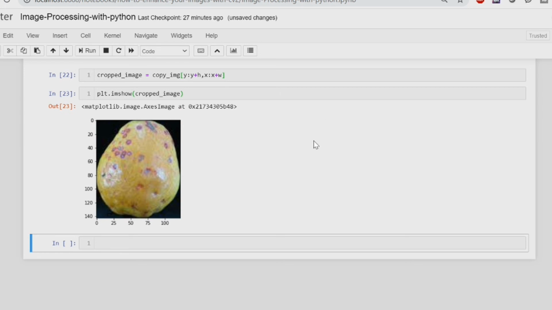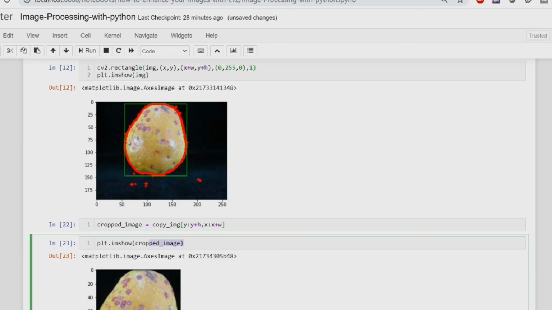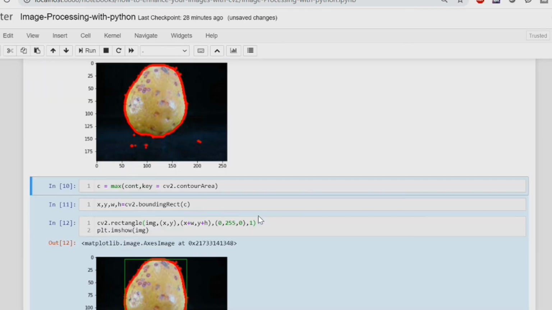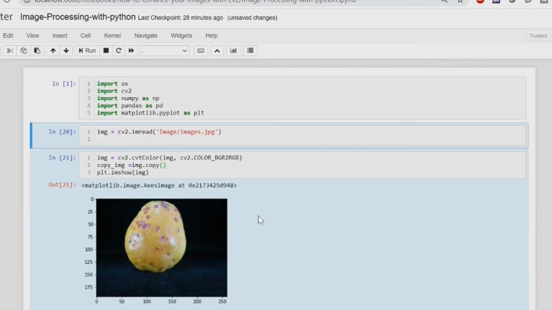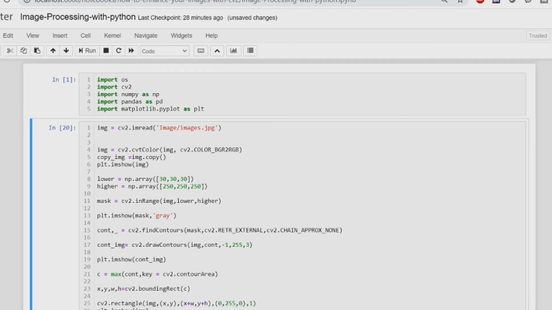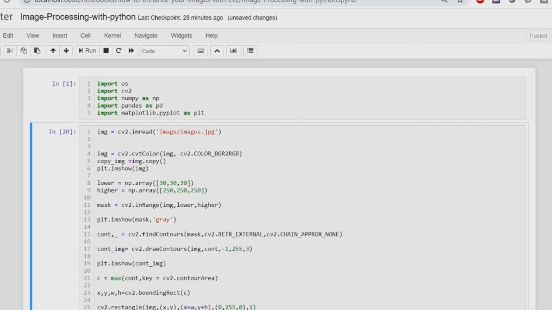Let's combine this code all together and plot all three images or all three transitions at once. So let's connect all these cells. So you can select all the cells of the notebook and then press Shift plus M. This will connect all the script. So this is our complete script.